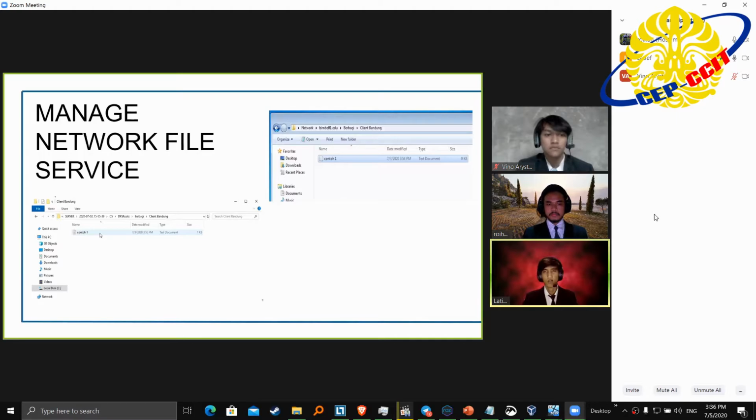The right picture is the file that is on the client, and if the file management task is run manually or according to schedule, then the file will move to the designated folder, as shown on the left, which is the file that has been moved.